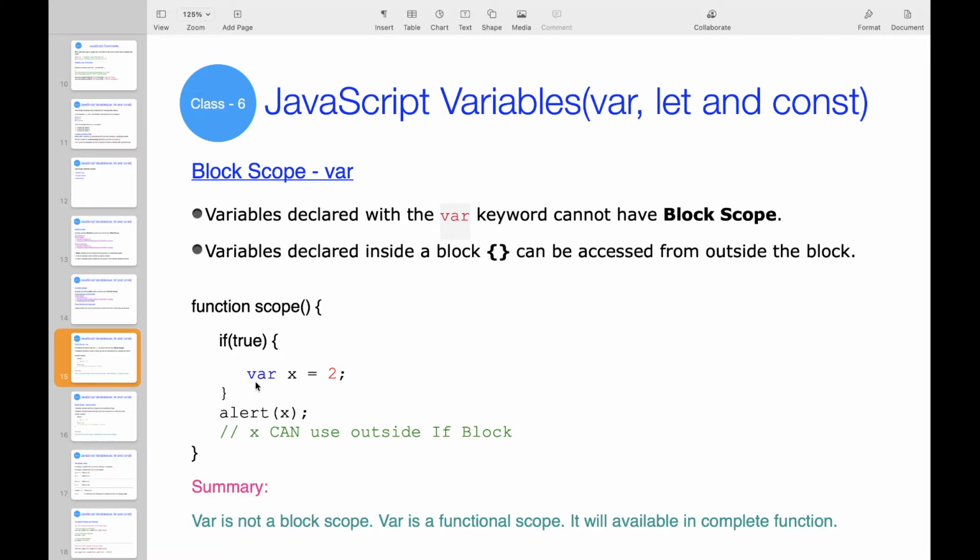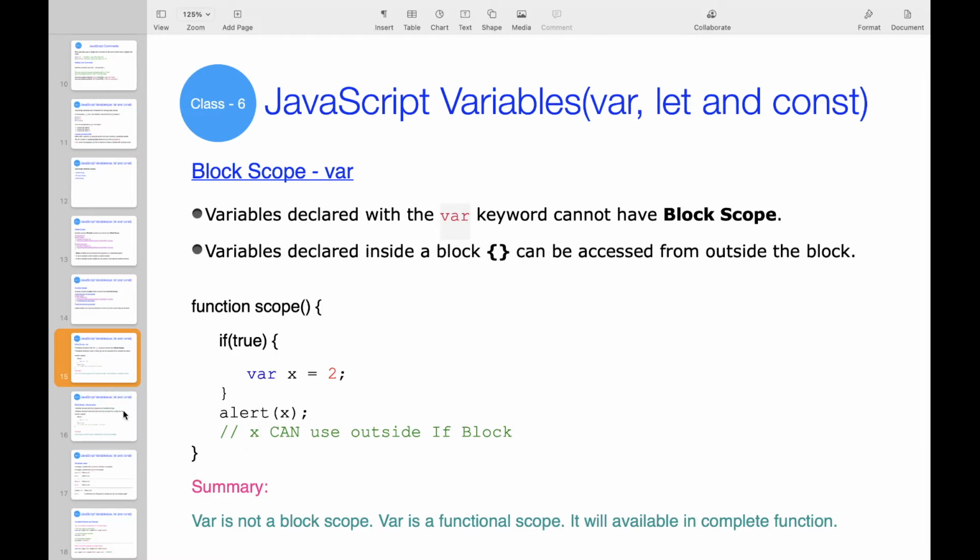If we declare x with var, that variable has functional scope, and it will be available in the complete function. Here x is a local variable that we have declared inside the if block, right? Still, if you declare it inside the if block, it will be available in the complete function. Here you can access that. Here you can see the point, var is not a block scope, var is a functional scope, it will be available in the complete function, after the if block also.